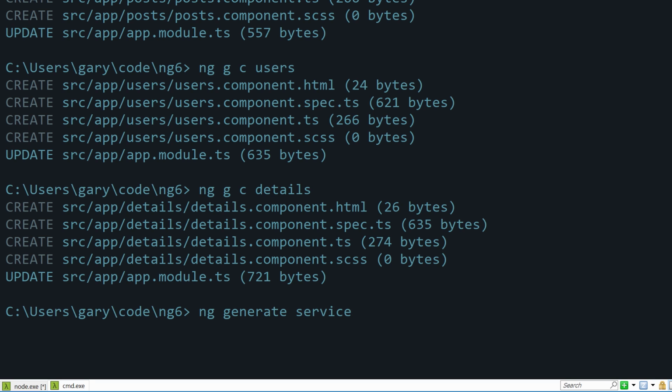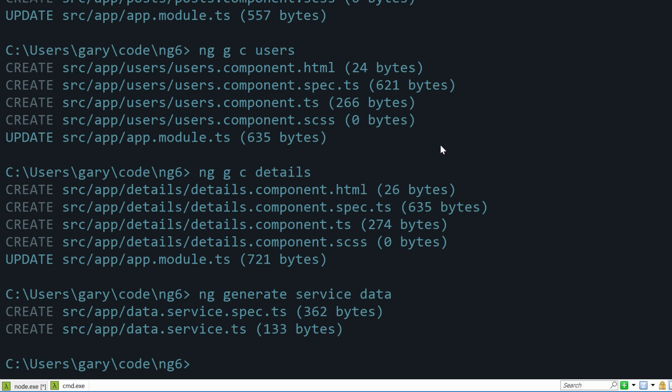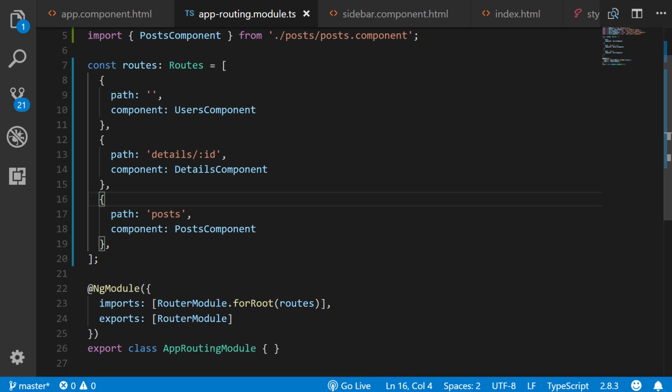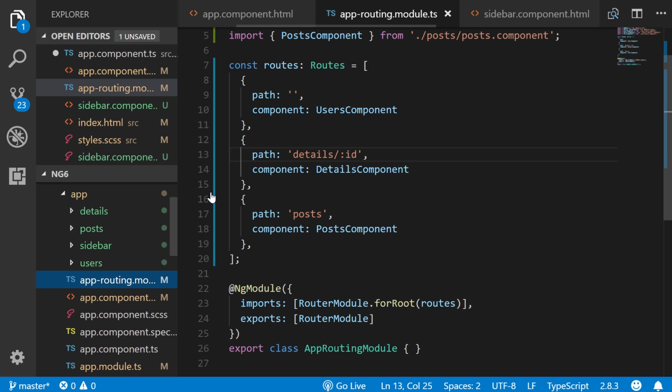A service. And what do we want to name it? I'll just call it data. And this time it generates just 2 files, the test file and the actual service file itself. And this time it does not create a folder. It just sticks it straight in the app folder. So data.service.ts. All right, so let's go ahead and open up our new service file and see what that looks